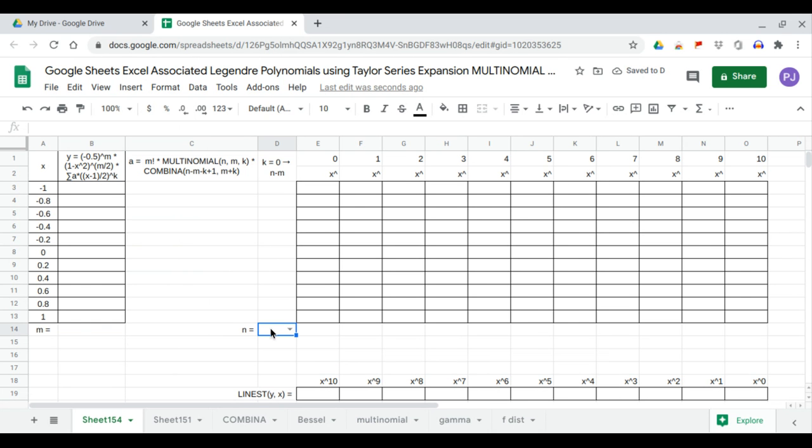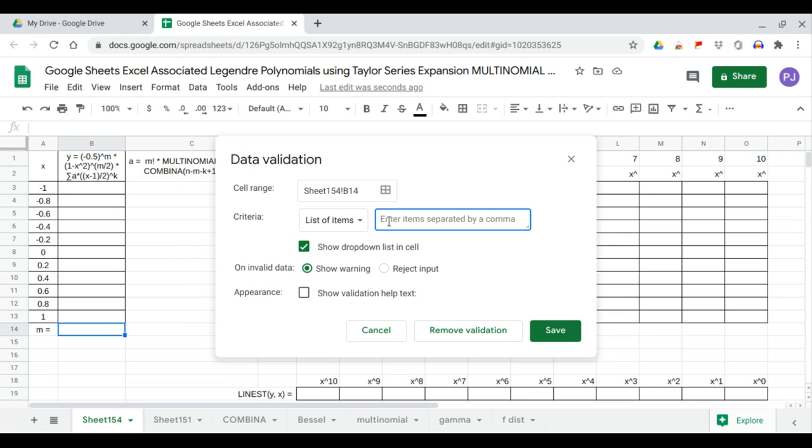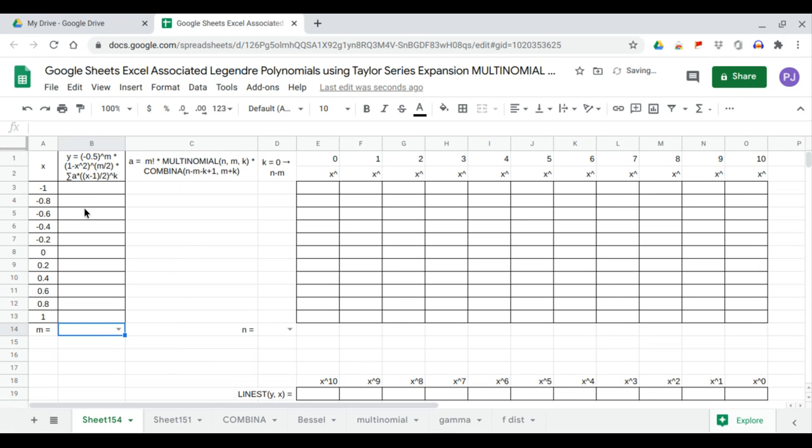And the value of n will be data validation, list of items 0 to 10. So we have the values of n from 0 to 10. The value for m will be data validation, list of items 0 to 4, 6, save. And we'll complete the Taylor series expansion formula, which is equal to array formula